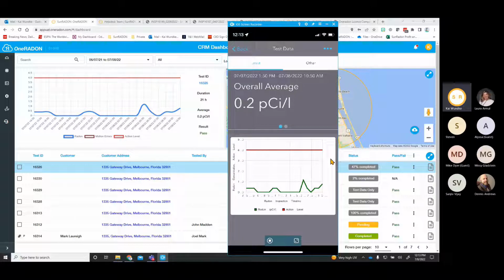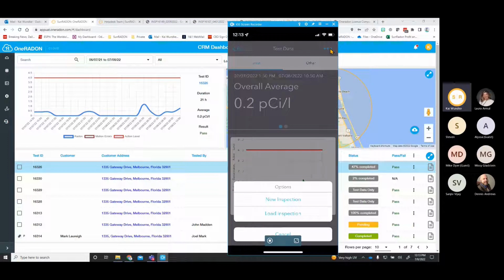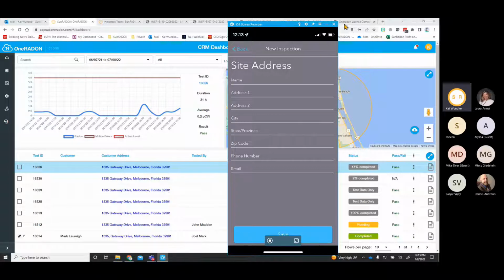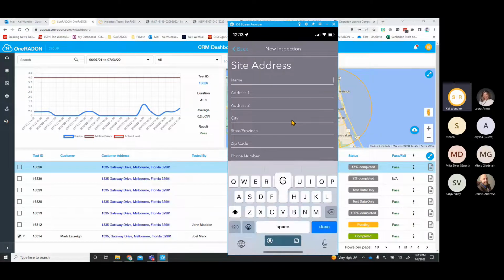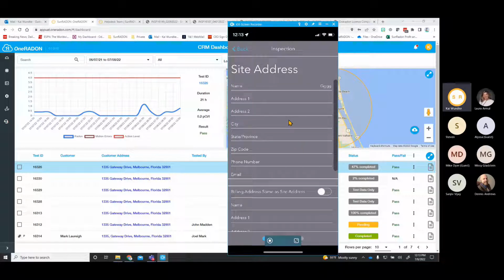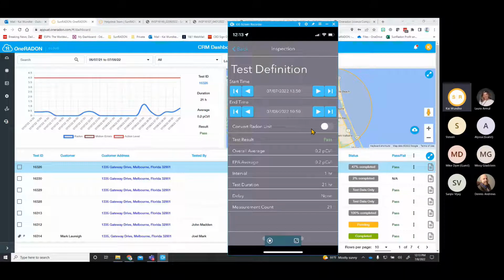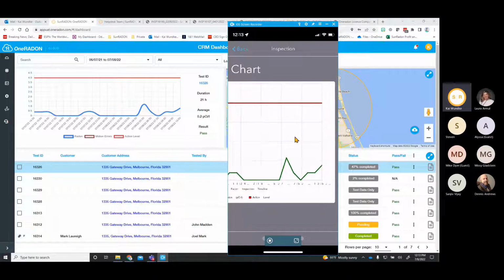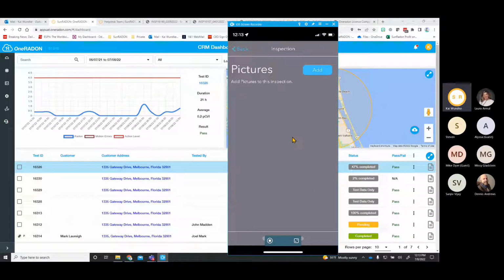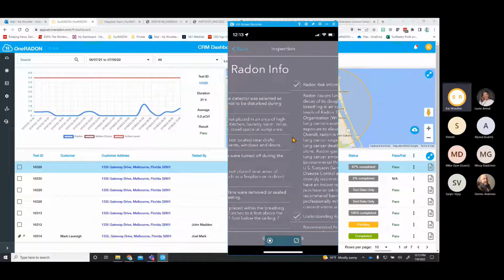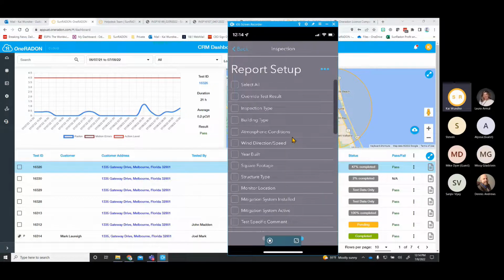Now, if you like to upload data other than just test data, let's say pictures or anything like that, what you would do is on your mobile app here, I have to do that in my mobile app. This is actually my screen mobile app. I create a new inspection here with this data, and I can actually now fill in some information, save it, and now I can go through my mobile app and change start pass time. I see the chart. I can add pictures. I can have my checklist here, standard checklist, radon information, and some other information about the